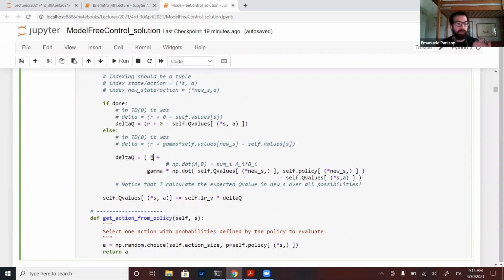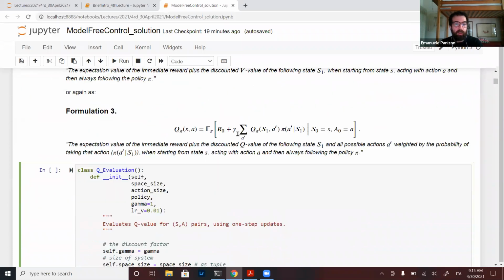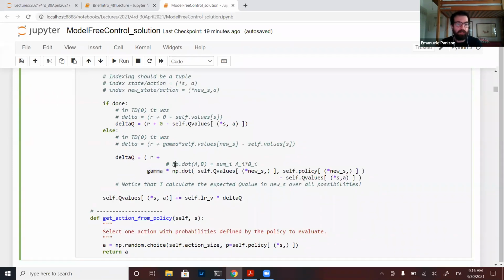And here what I have is the reward plus the discounted value, but now instead of having only a value in one state, I have to sum over all possible actions the value of the new state for all possible actions. This is exactly what is written here. I'm in a new state and I have the sum over all possible actions in the new state, which in Python is done with a dot product between the Q values in the new state and the policy I have there.